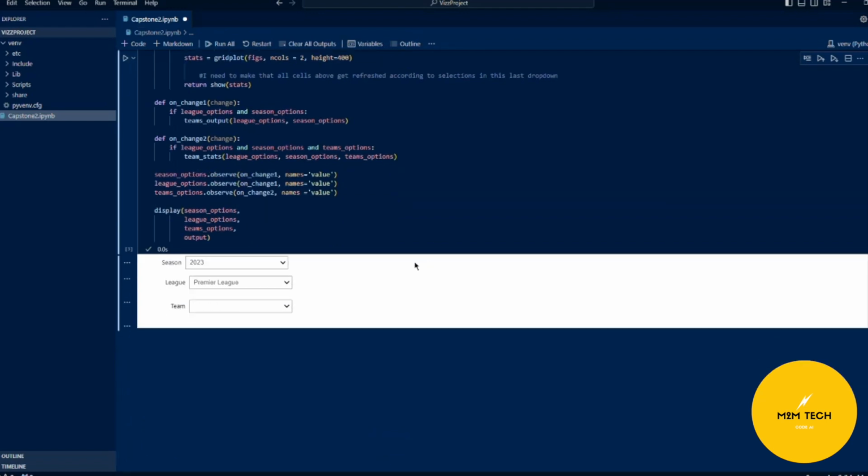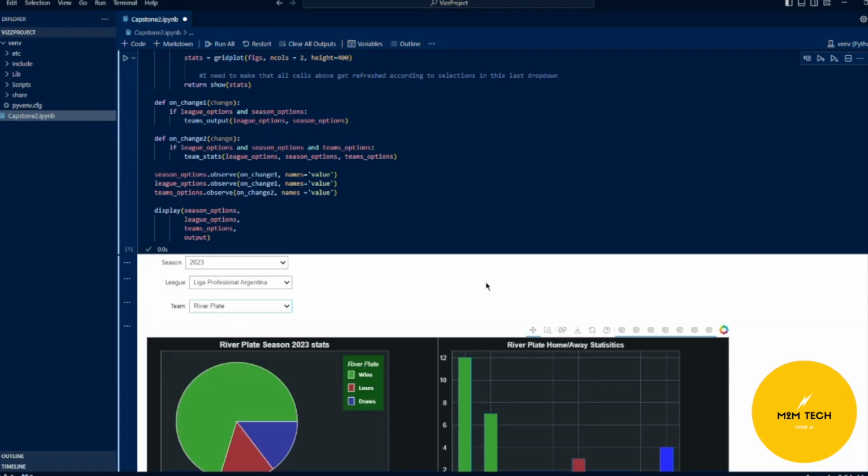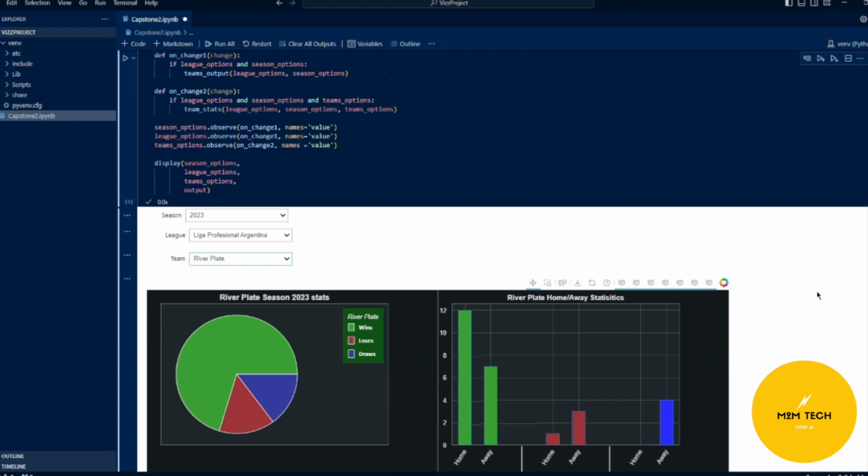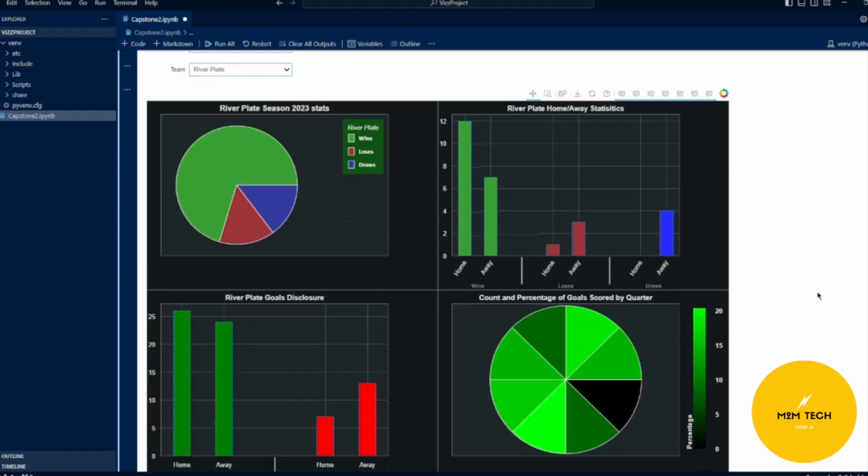So let's run this code. We can see the three drop downs here. So let's see a year, I don't know, 2021, or let's just do 2023. We have Premier League there, or let's check Liga Profesional Argentina, and let's select from here the team River Plate, for example, one of the biggest teams in Argentina. And just after selecting River Plate, we can see all the statistics of this team this season,